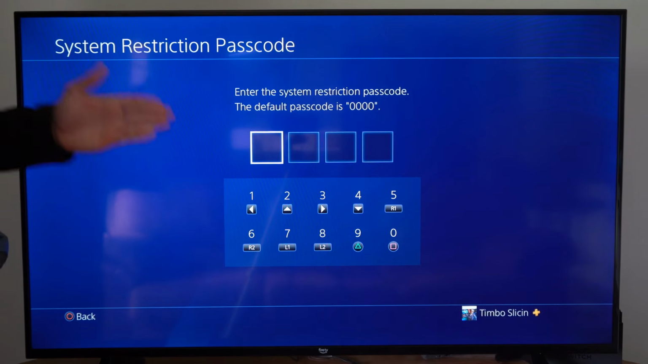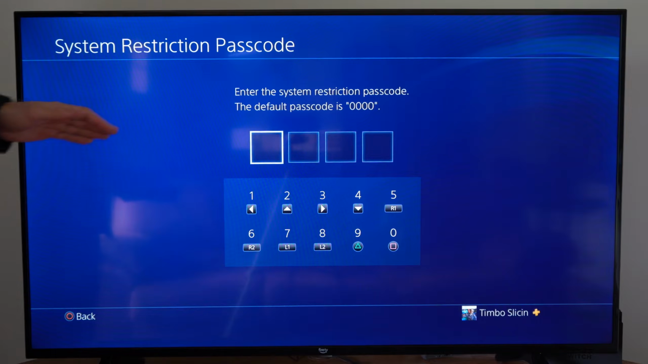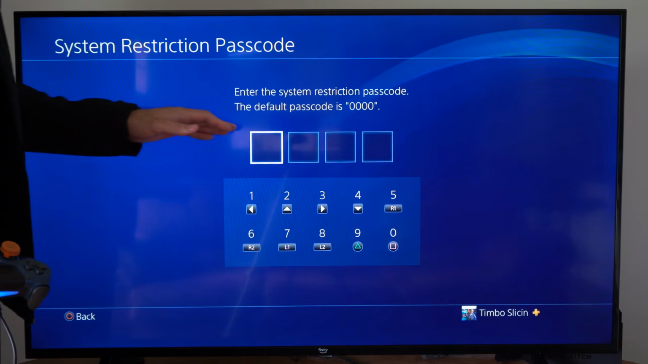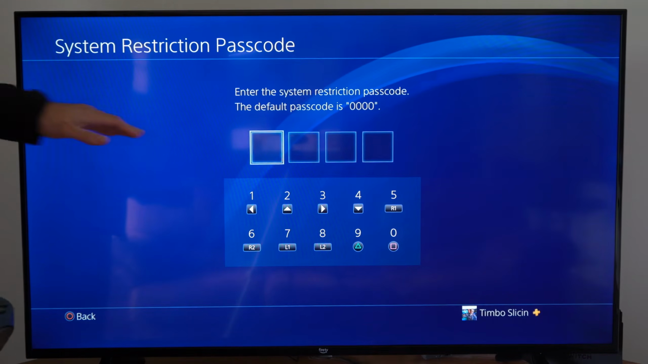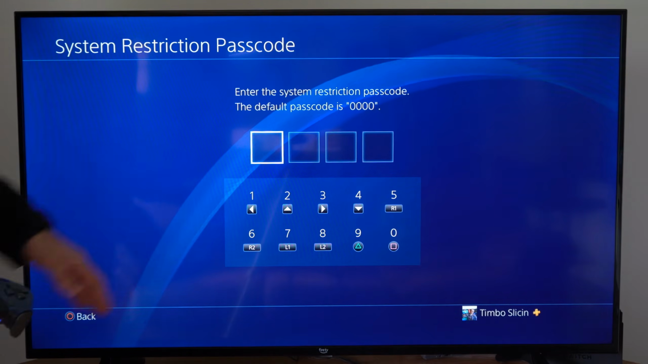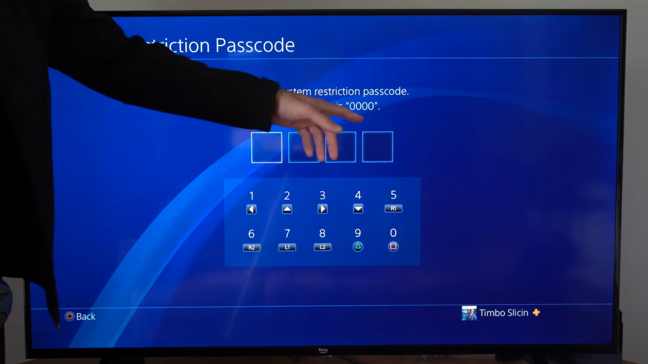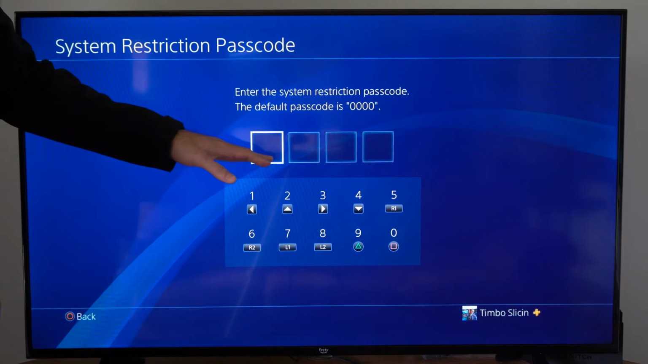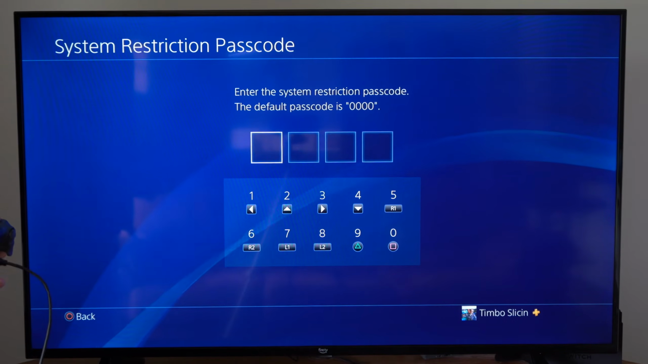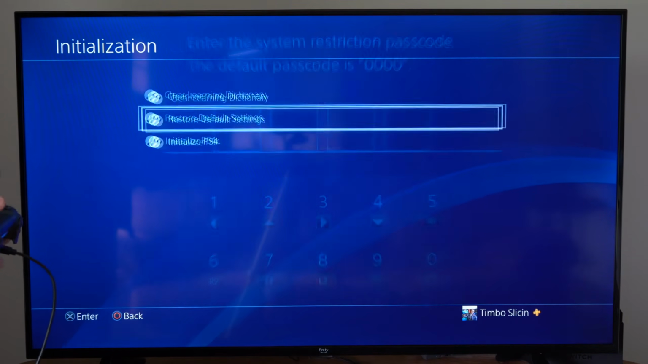Today in this video, I'm going to show you how to restore the default values on your PlayStation 4, and you can completely bypass this code, the parental control, but the default code is 0000. Now, if you can't remember that, what you can do to reset the parental controls and everything else is to